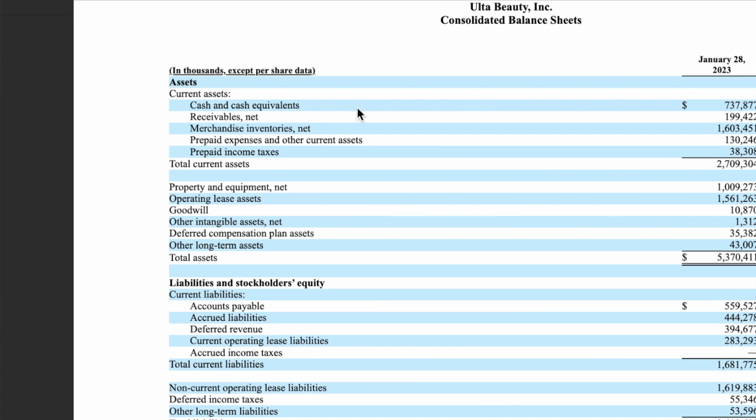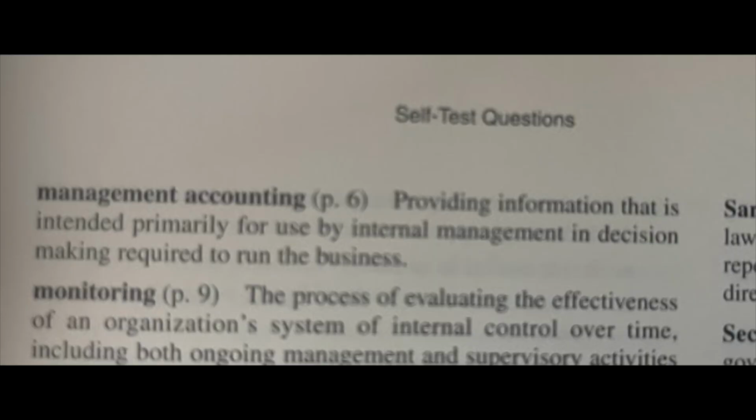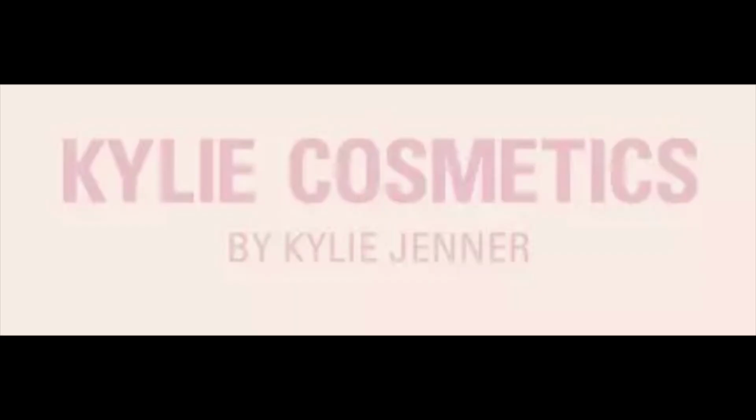Now, moving on to managerial accounting, that is typically used for internal reporting purposes. So you might be like, what are internal reporting purposes? Think of product line. So you have that balance sheet that we looked at for financial accounting, and you see the line item revenue. Well, management accounting, they can probably see revenue by product line. For example, Ulta might see that Jaclyn Hill Cosmetics, specifically the bronzer, is performing extremely well. In the Kylie Jenner lip gloss, the sales might be down. But me and you typically aren't privy to that information.